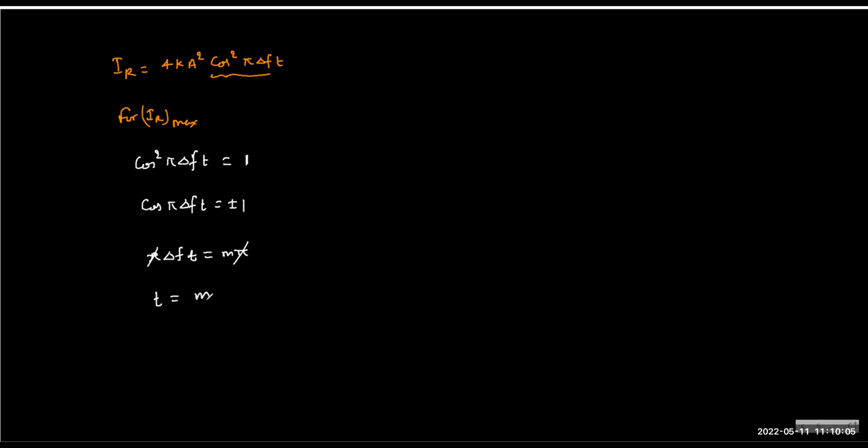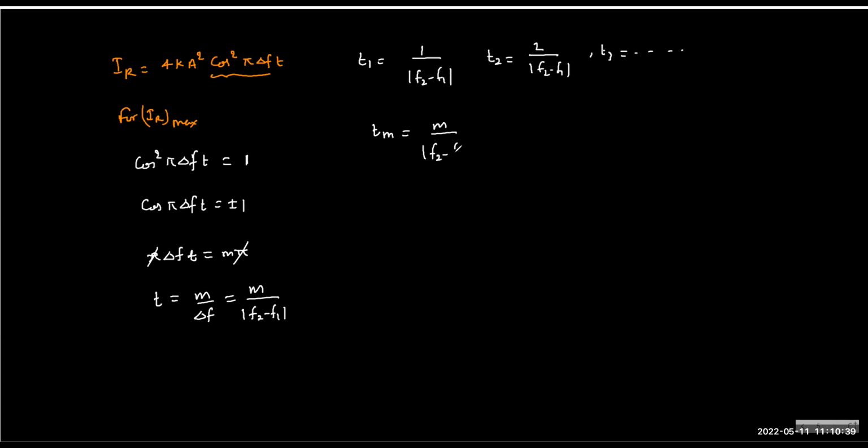So t turns out to be how much? m by delta f. Because time cannot be negative, we write m by the mod of the difference of frequency. So the first maxima, if I assume, is at 1 upon this, then the second maxima will be 2 upon this, and so on. So the mth maxima will be m by this, and the m plus 1th maxima will be